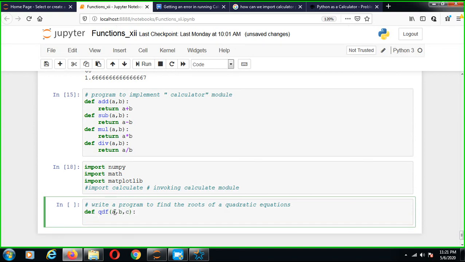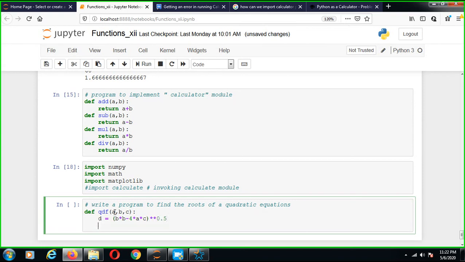Now D is equal to (b*b - 4*a*c), close bracket, then star 0.5, and return